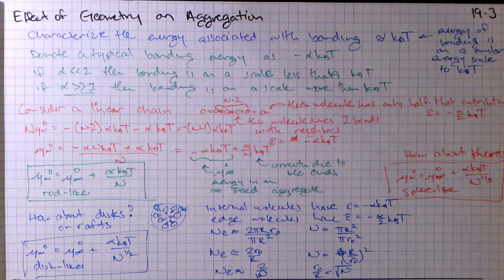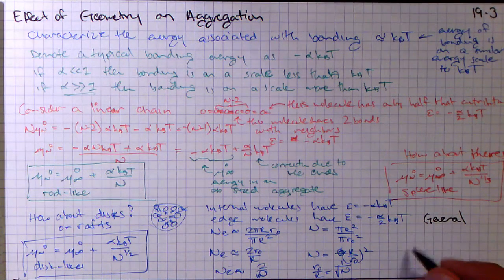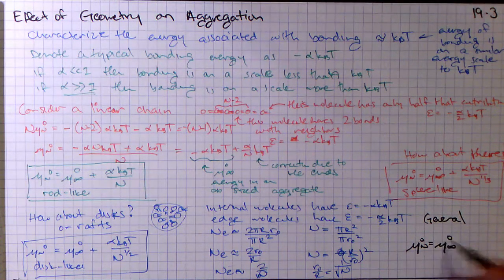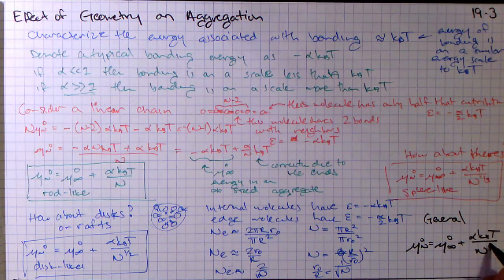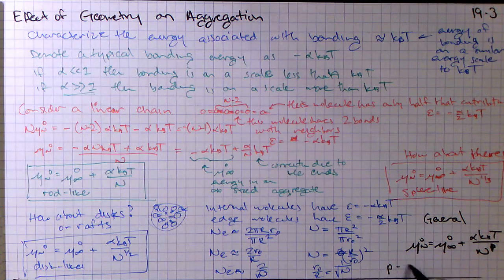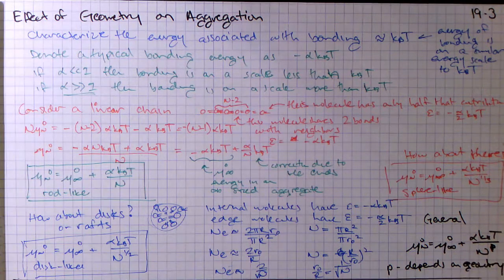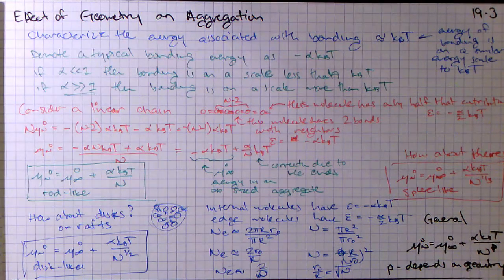So our general result is that we always get some solution that looks like mu infinity 0 plus alpha kBT times n to some power, where the power depends on geometry. Okay, and that's going to be useful for us for analyzing